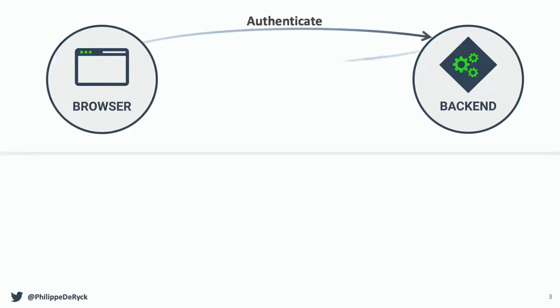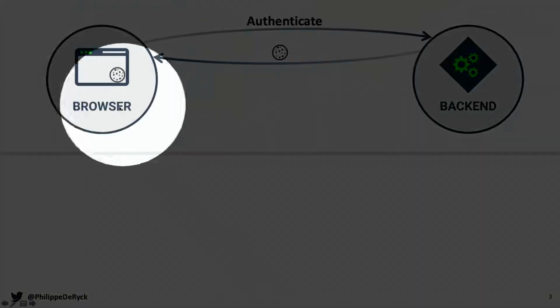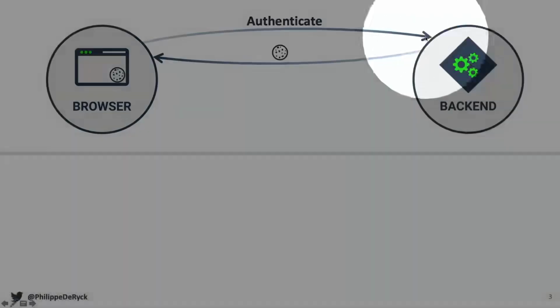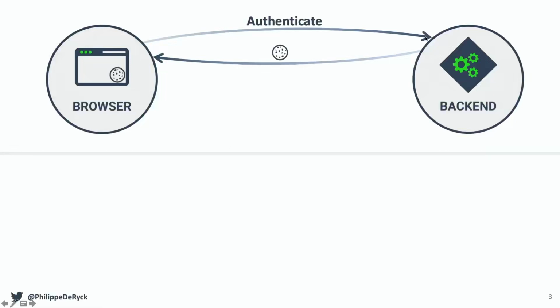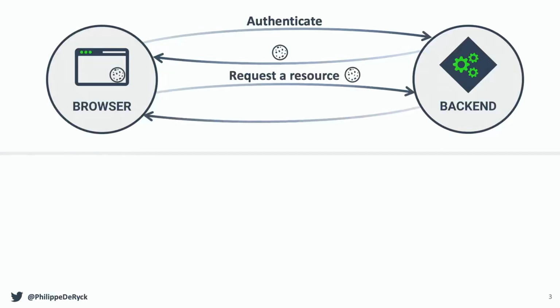To make sure that we're absolutely on board with what we're talking about, this is the old way of doing things. This is what you did before when you had a web application: a browser running here, making a request to authenticate to a backend, and you get a cookie in return. Very traditional, the old way of doing things. Whenever you make a call, the browser is going to send that cookie along, the backend makes an authorization decision and decides whether it's good to go or not.